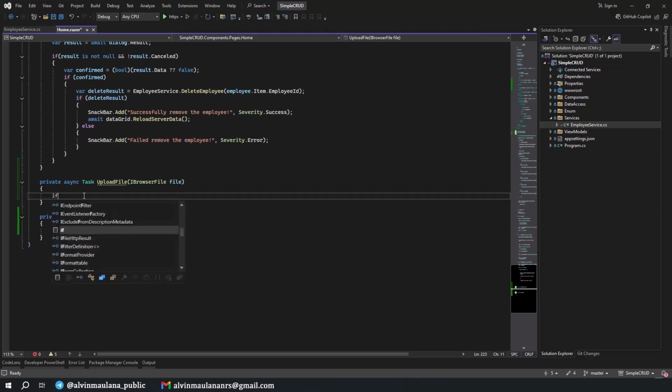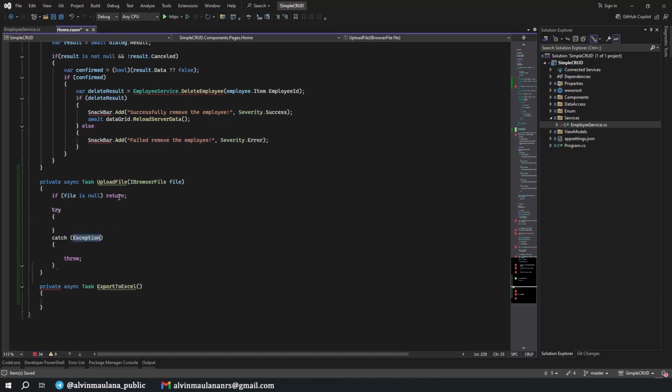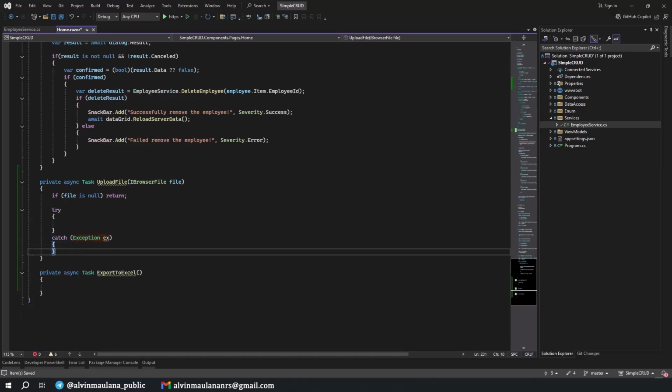First, let me check if the file is null, and then return. If the file is null, just do nothing and return. Then we go to a try catch again, and we don't need to do anything in the catch for now.